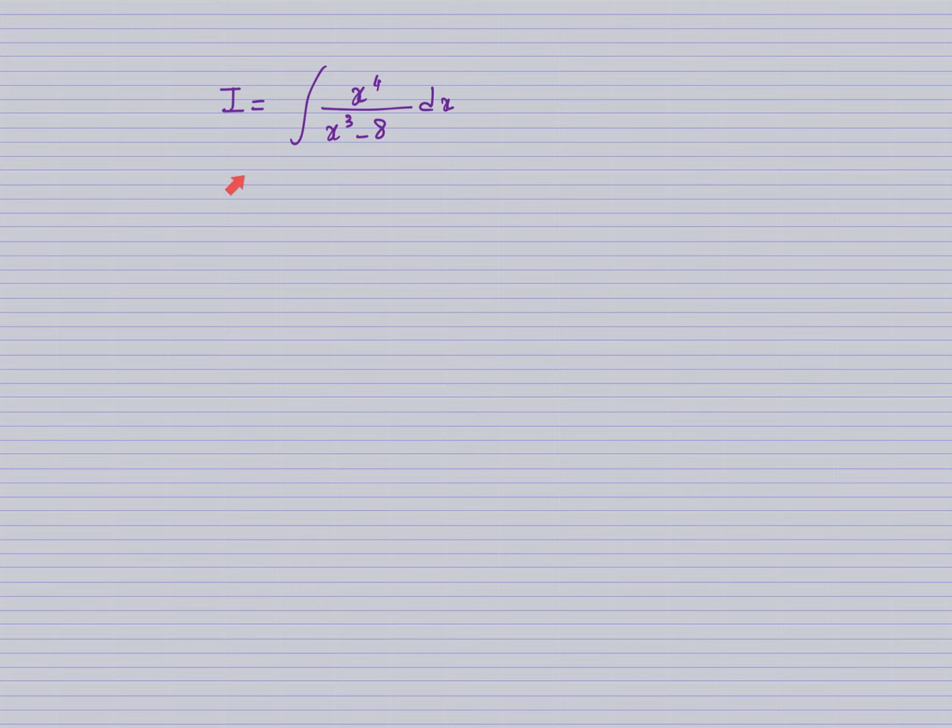The goal is to compute the following indefinite integral. We see that we have a rational function where the degree of the numerator is greater than the degree of the denominator, which means that the first step is the long division of x to the power 4 by x^3 minus 8, which gives,